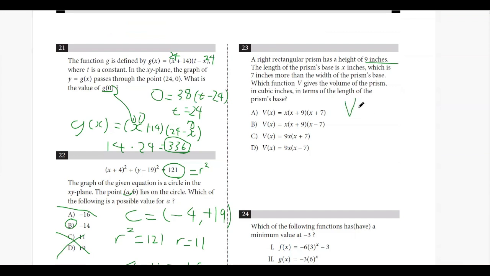So I can pull this 9 in the front, and the length of the prism is x, so length is equal to x, which is 7 more than the width of the prism. So width is